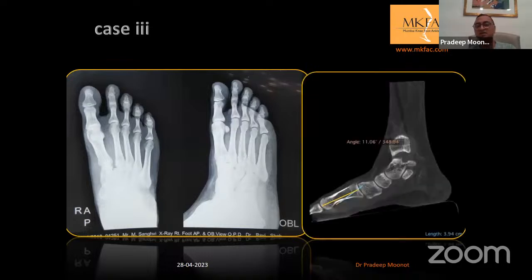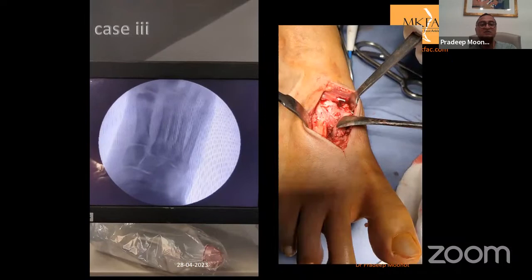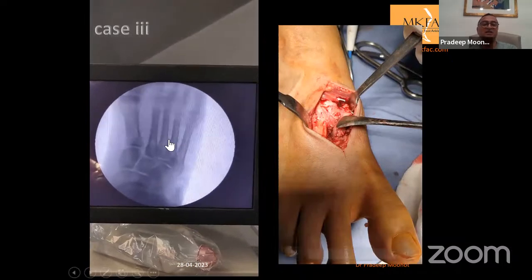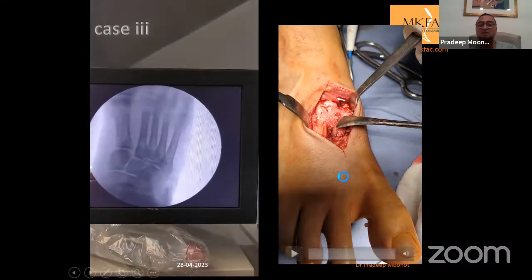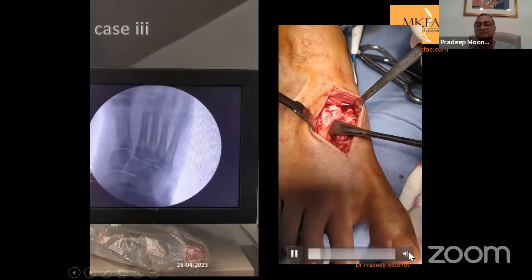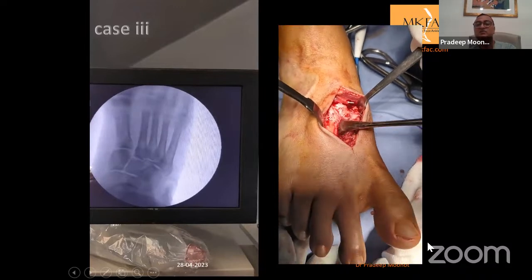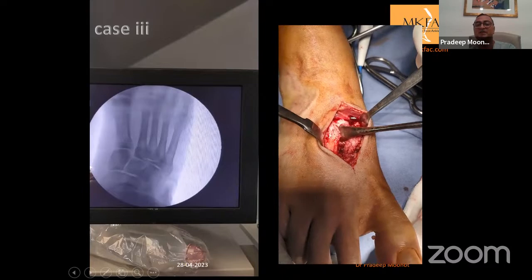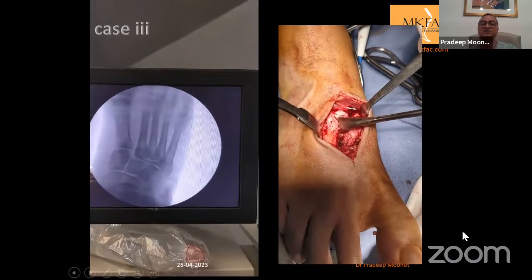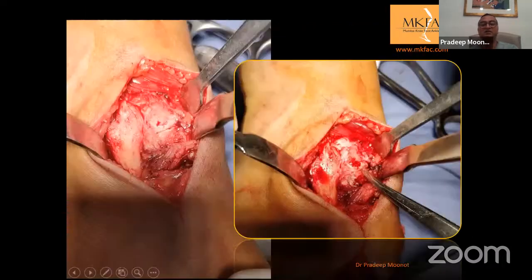This is a patient, I think, whose weight-bearing CT scan showed first TMT joint instability. You can see the patient came with pain over the first TMT joint. He did not have pain on the Lisfranc joint, but the first TMT joint was painful. And that is where you can see the first TMT and the second TMT also was unstable. There we can clearly see, you put a screw and see how unstable the intercuneiform as well as the Lisfranc joint were. So that was reduced.